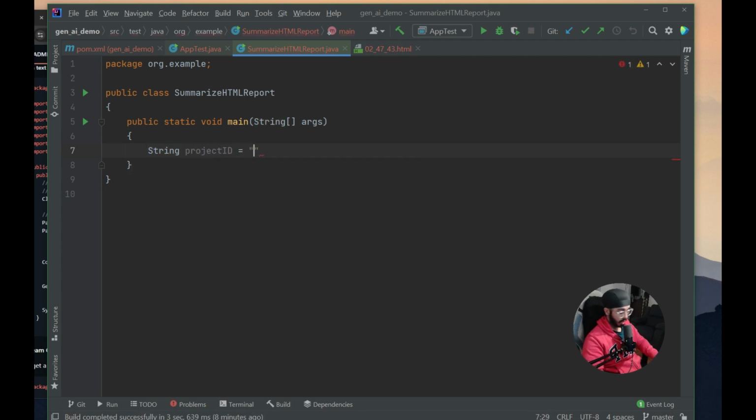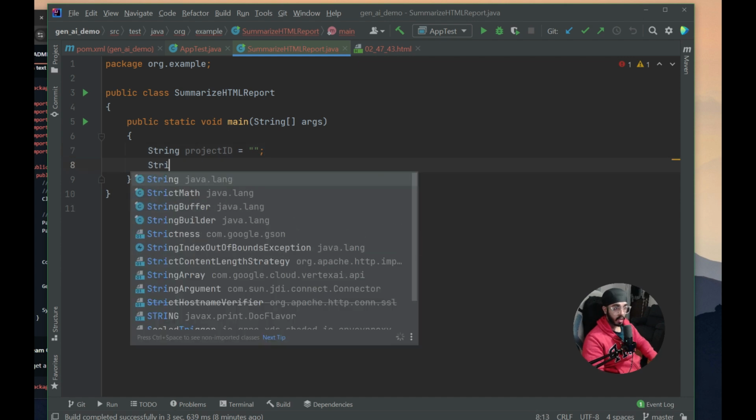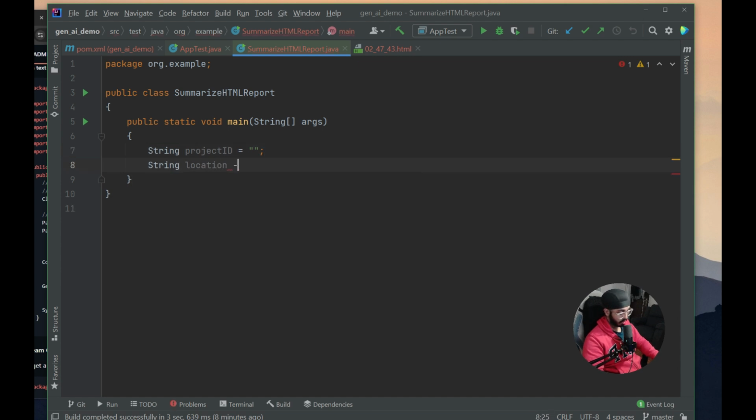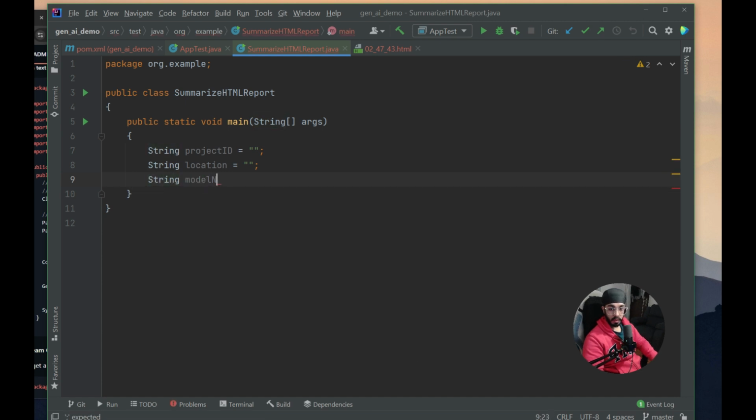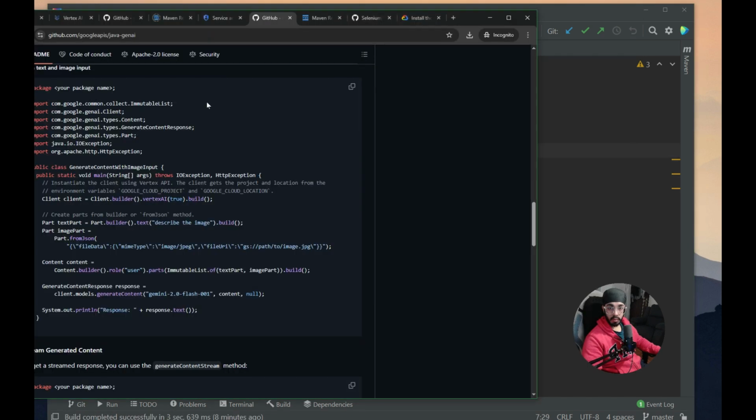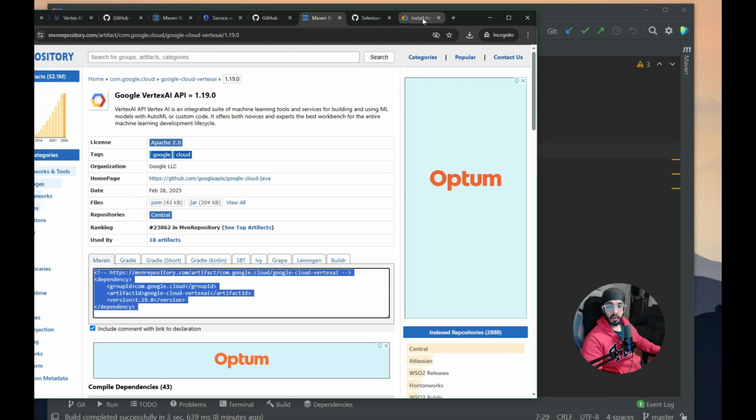Okay, I will add my project ID, just give me a second. String location. Okay, and once you do that, then we need to create another variable that is for model name, and then close this. And if we go back to the browser again, we'll go to this Vertex AI option,